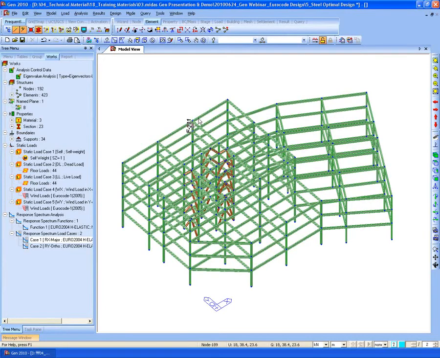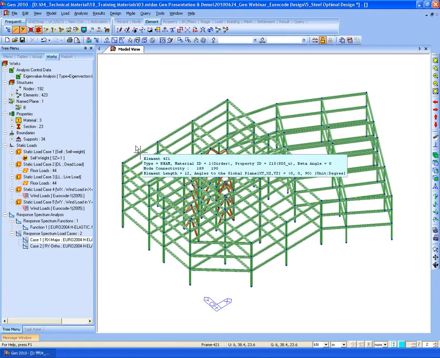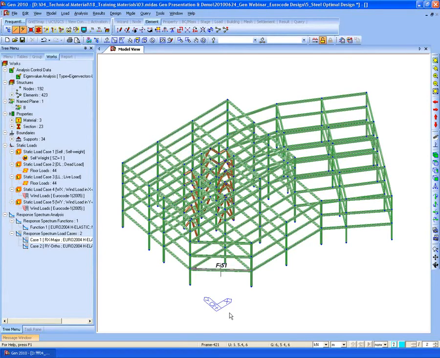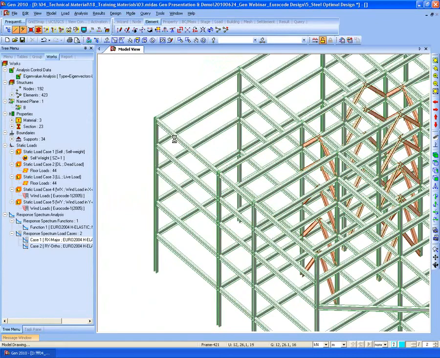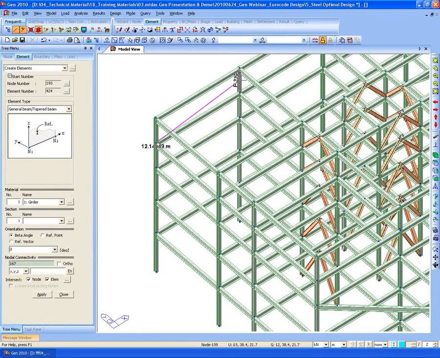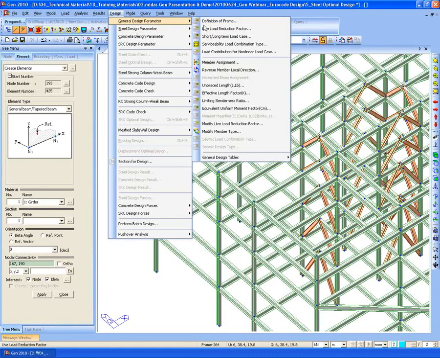And if the member lies in the global XY plane, it is considered a beam automatically. However, if we want to treat a column or beam as a different type, like designing this column as a beam member, or if we create a brace and want to design it as a column, then you can specify the type of the member.